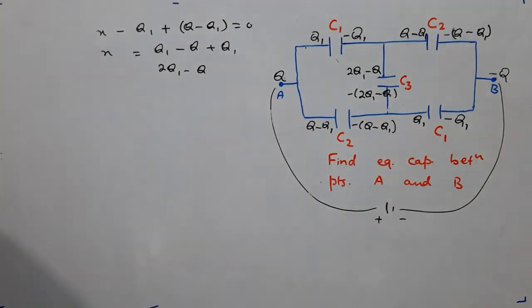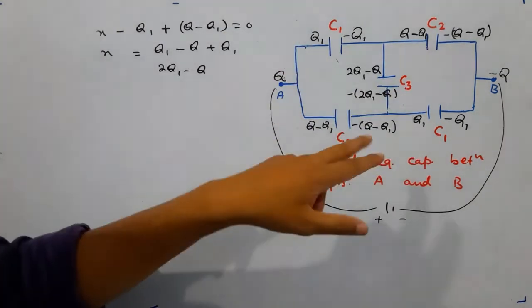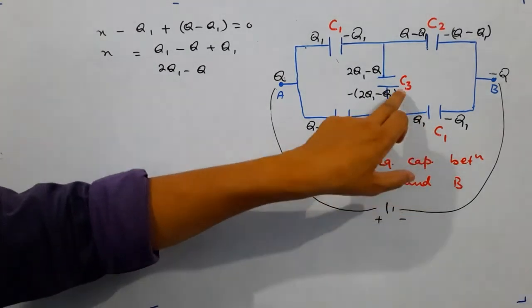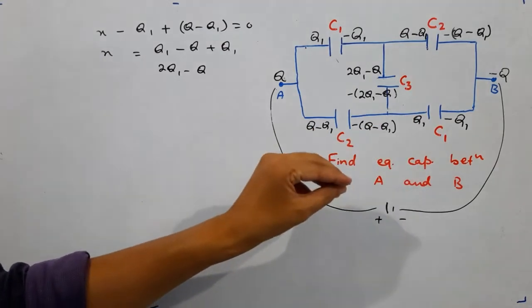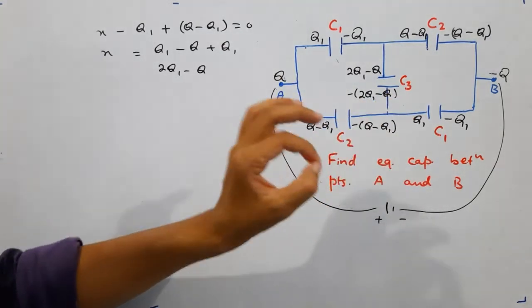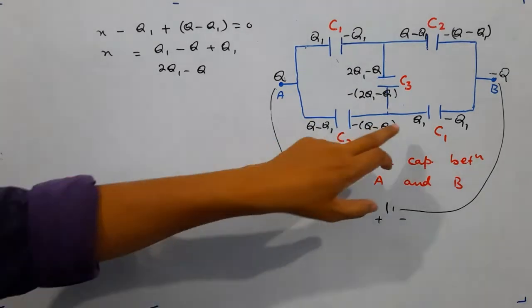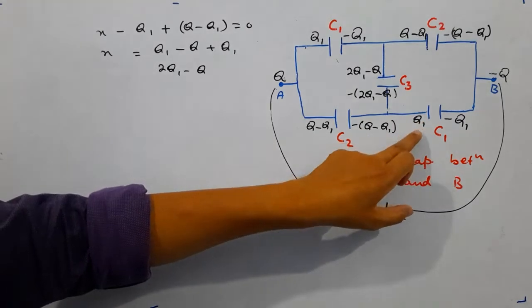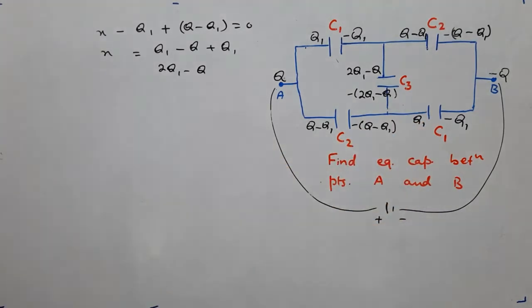You can also find that by using similar concept among these three plates. You see, this one, and this one, these three plates are connected together and they form an isolated system. Therefore, net charge on these three plates combined together must be 0. So if this plate has charge, say y, then y plus Q1 and minus this much must be 0.